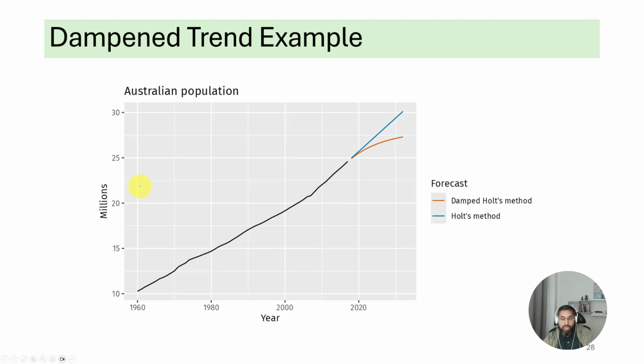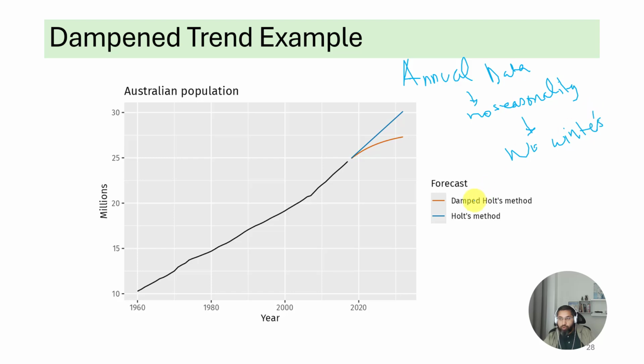This is a good example. We have annual data over the years. So annual data means what? There's going to be no seasonality, right? Because seasonality is when you have data at a finer time grain level than a year, because seasonality is over the months or quarters or days of the week, or weeks. When you have annual data, there's no seasonality. So annual data means no seasonality by definition, which means no Winters method. We can't use Winters methods or Holt-Winters. We're just going to use Holt's.